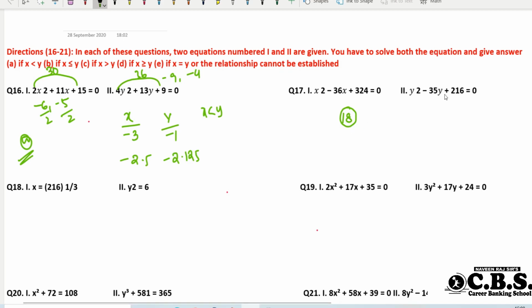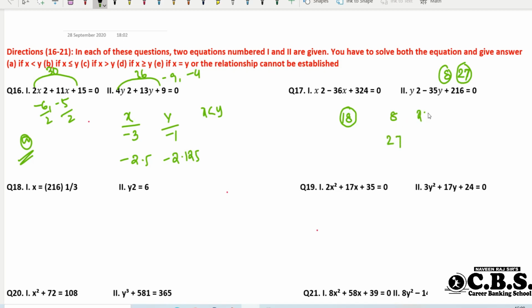So it's not a perfect square root, you take it as 8 table. So 8 2s are 16. 16 means how much is left? 8 7s are 56. So one root is 7, the other root is minus 8. So definitely what is the value here? It is one is 8 and the other is 7.